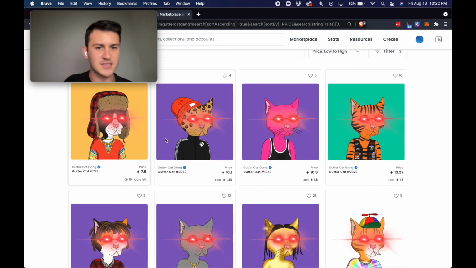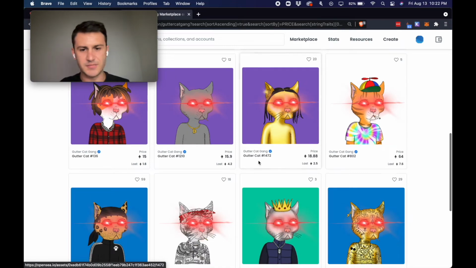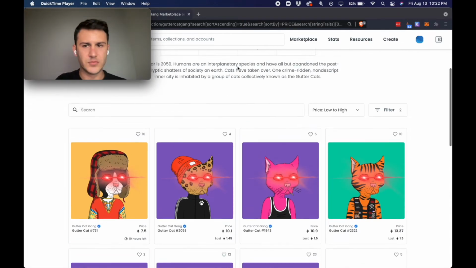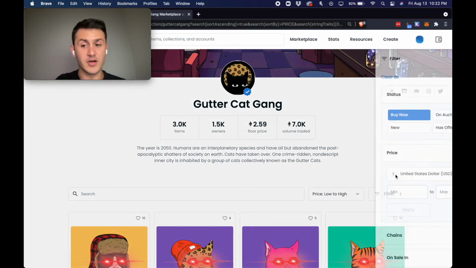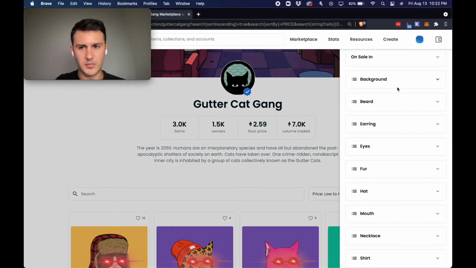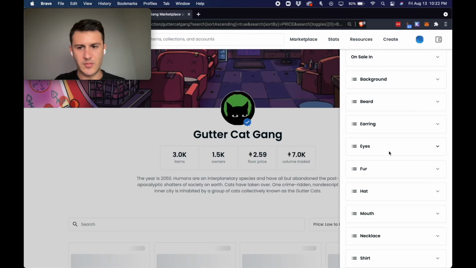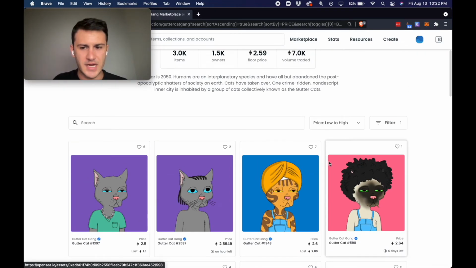You also have the hats, the shirts, the tattoos, the background, the hair, all this stuff, right? But if you take the time to get familiar with the collection, so what did we just look at? We looked at eyes. So let me turn off the eye filter. You could do the same with any, but you're isolating and looking at trait by trait, which can be a little tricky. So that's why